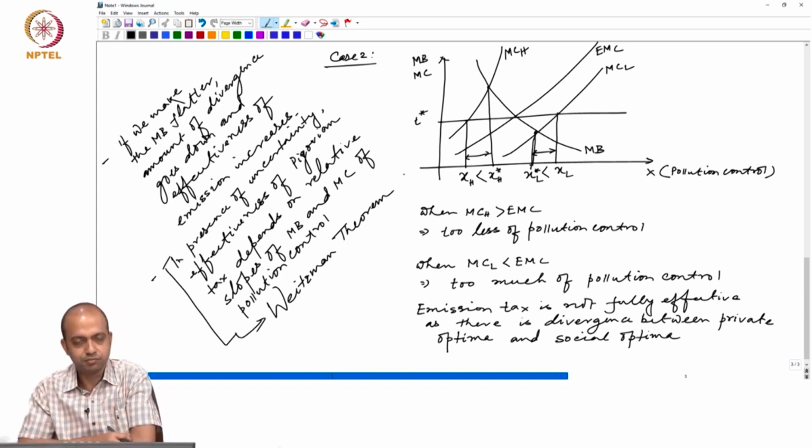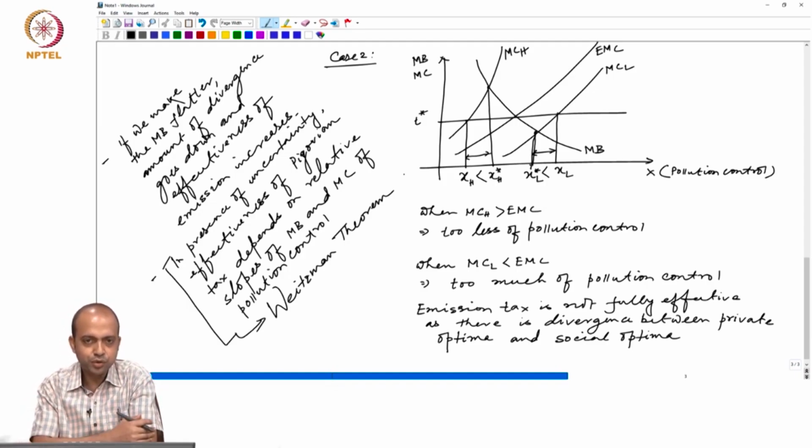MB and MC curve. When the MB is a flat straight line, then it is fully effective. When it is a steep downward sloping curve, then it is not fully effective, there is divergence. And if we make the MB curve flatter, if we rotate the MB curve clockwise, then again the divergence goes down, effectiveness increases, and again at the extreme, when it again becomes a flat straight line, the emission tax becomes fully effective. So, it all depends on relative slopes of the MB and MC of pollution control,